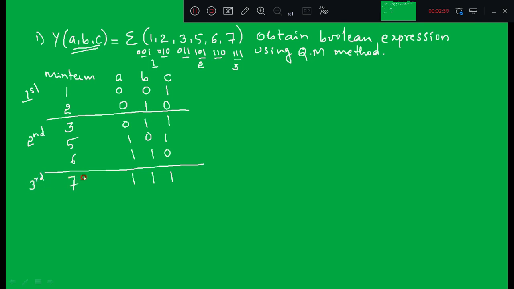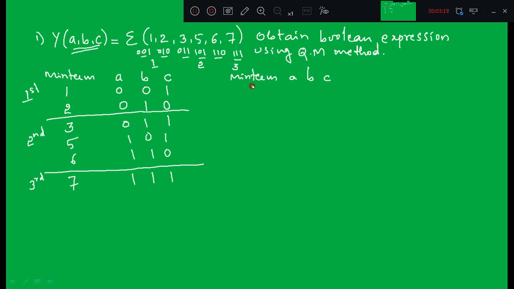So this is my first step, the initial table, prepared by arranging the minterms by the ascending number of ones in their binary equivalents. Next, we have to prepare another table. You can write it below this table itself. No need to write minterm, A, B, C every time. Because I don't have any space here, I am writing it beside that table. When you are solving the problem, you write the next table just below the first initial table.